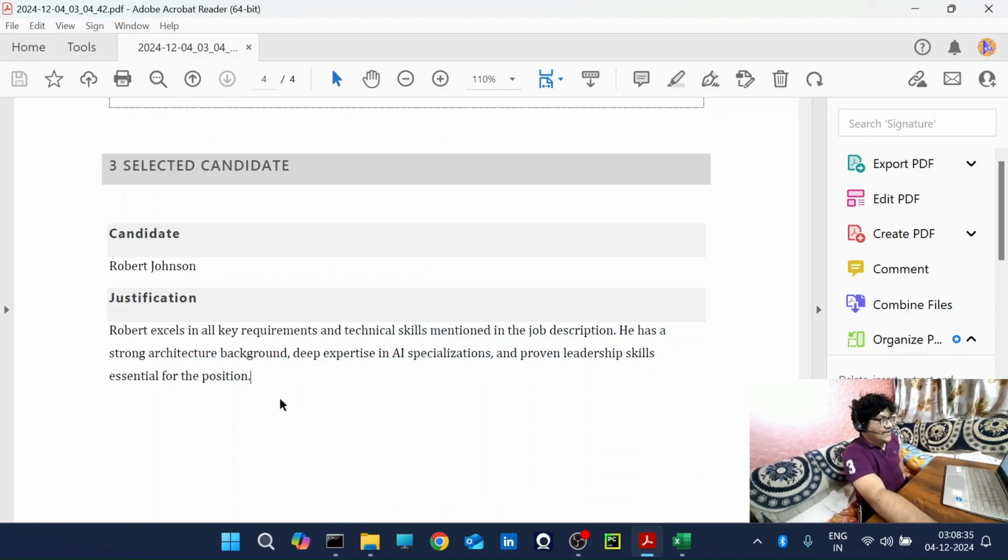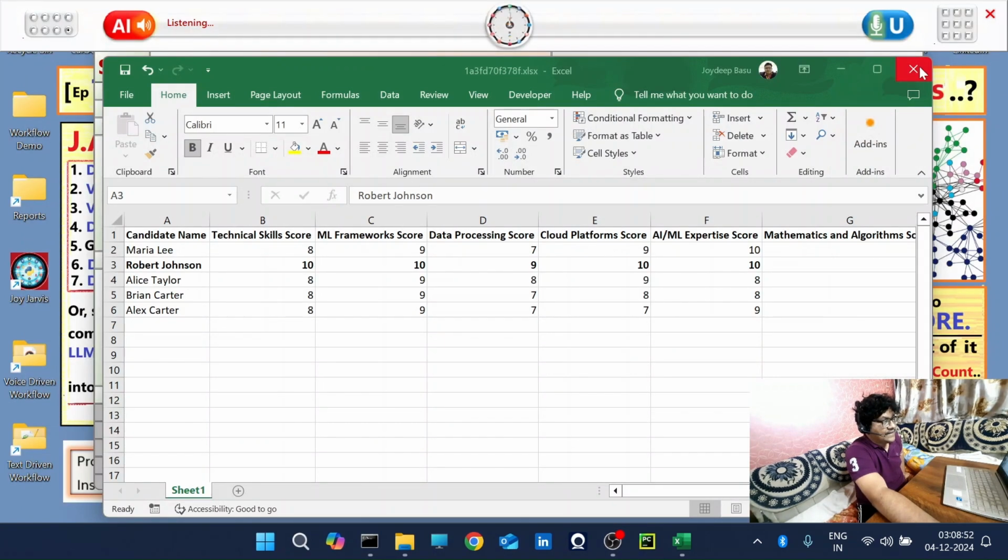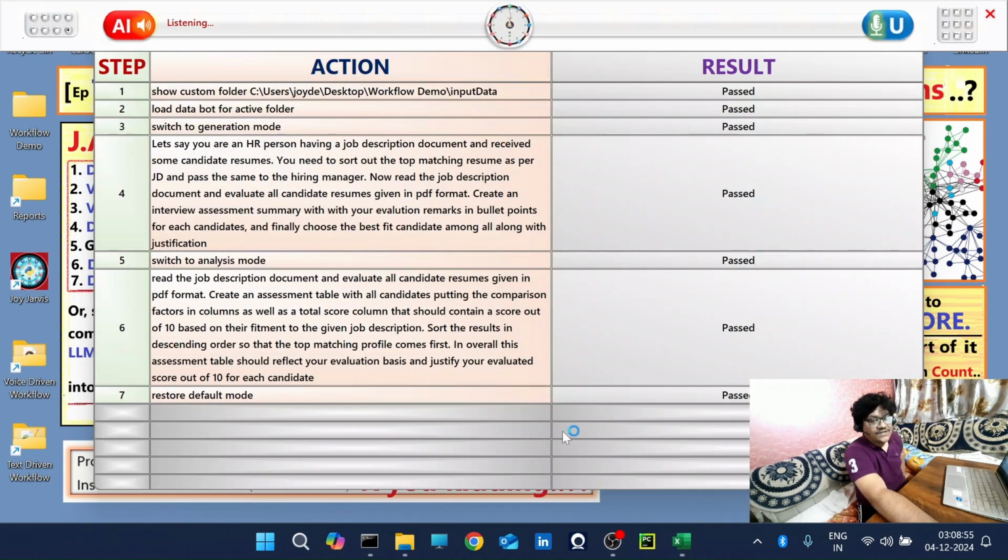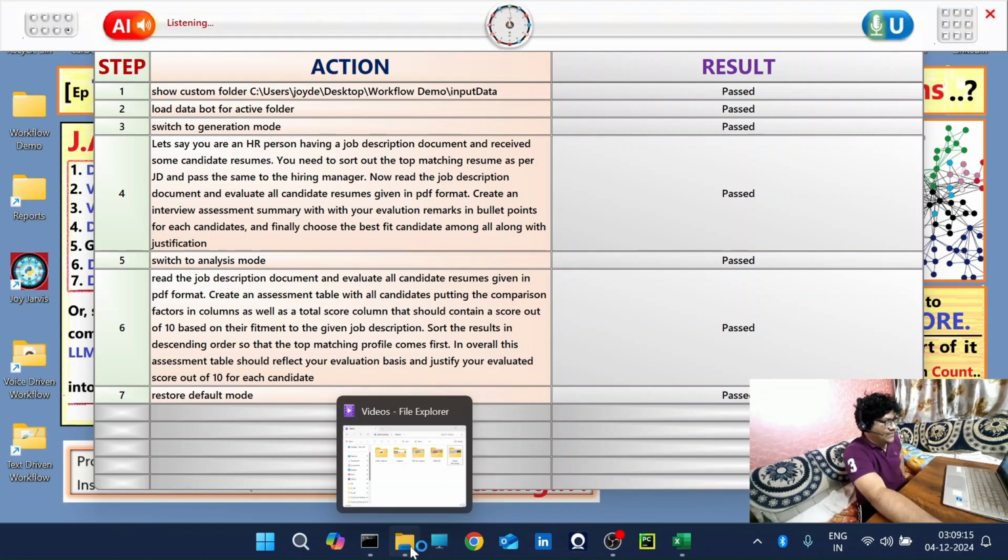See, the same script. This is the output. Sorry. Now tell me how much you think this is useful in the real world. Let's say you are an HR person who receives hundreds of resumes daily, 500 resumes. How much will it be helpful? So if you have this 7 lines of code,